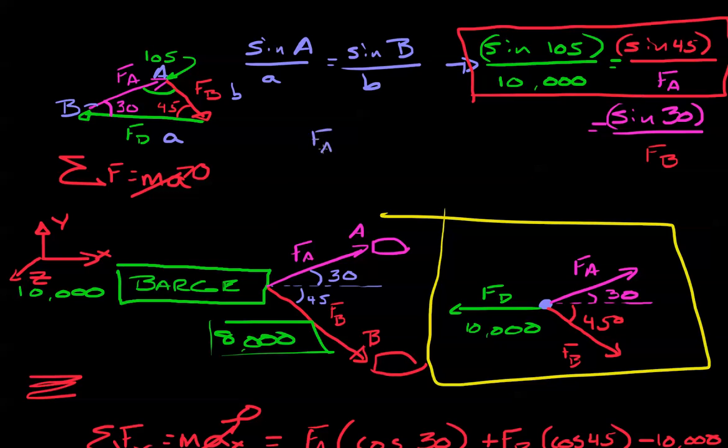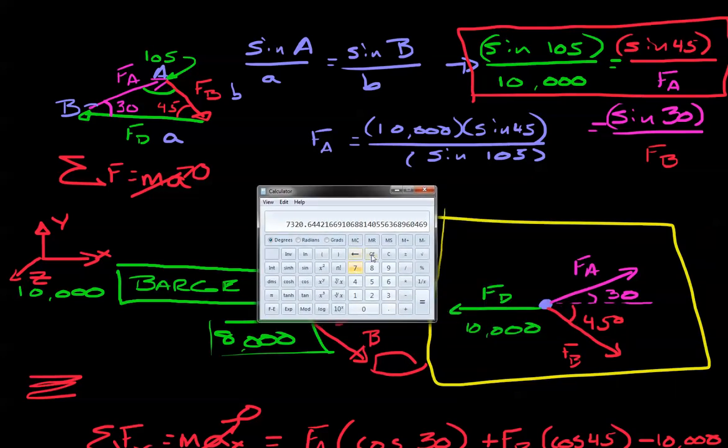We know that force A equals 10,000 times sine of 45 over sine of 105. Let's bring up our calculator. Here it is. It still has our previous answer on that. So let's take 10,000 times 0.707. And then we'll divide it by sine of 105, equals